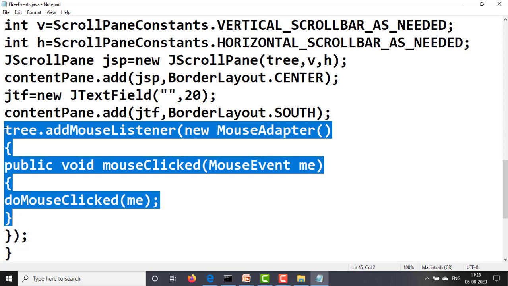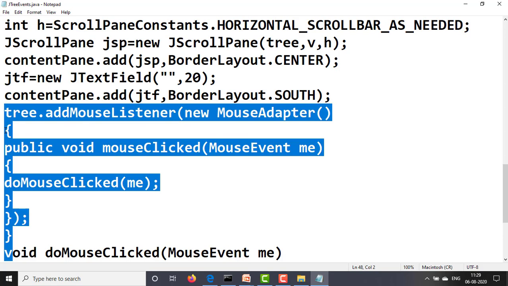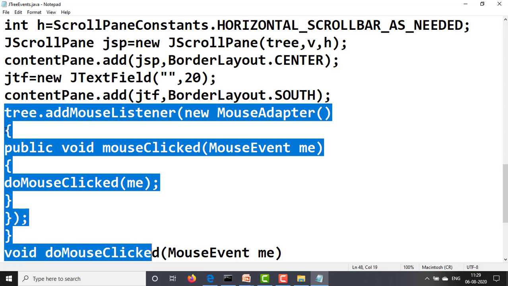Close this mouseClicked method, close the curly bracket, now close the circular bracket of the addMouseListener, semicolon. This design is called the anonymous inner class, and close the init.